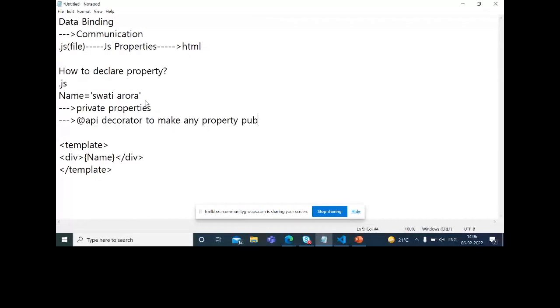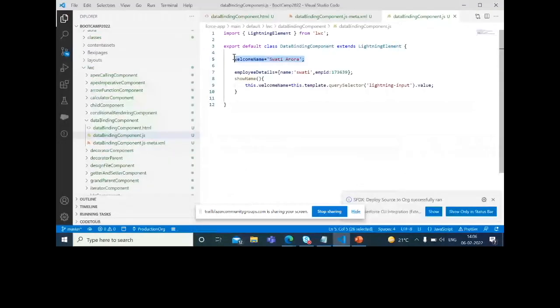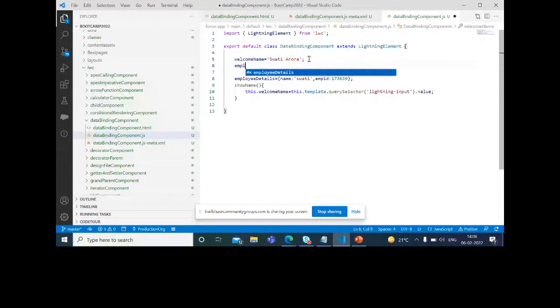Let me show you how to declare a property. In the JS file, I have declared a property with the name welcomeName. Right now, this is a private property. That means any other component cannot access this property. And if you want this property, or any other property, suppose location, to be declared as a public property, in that case, you have to